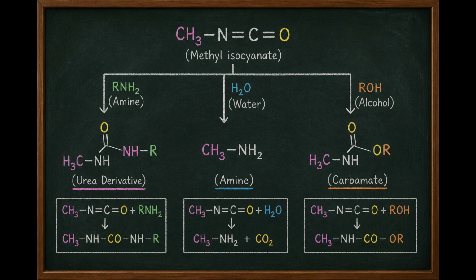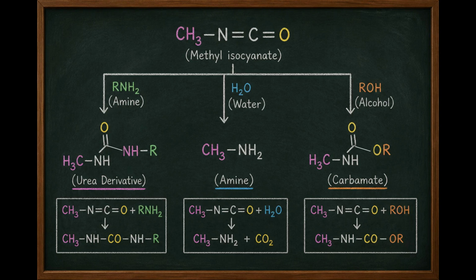which is a highly versatile intermediate. At the center, we have the isocyanate group, H3C-N=C=O. Depending on the nucleophile present, it forms different products. When it reacts with an amine, RNH2, it forms a urea derivative through nucleophilic addition. With water, it undergoes hydrolysis to give a primary amine along with the release of carbon dioxide. And when it reacts with alcohol, ROH, it forms a carbamate. So the key idea is that the isocyanate group acts as an electrophile, and the type of nucleophile determines the